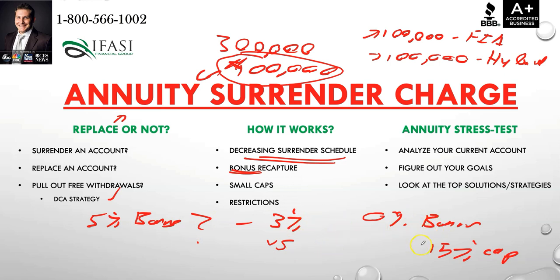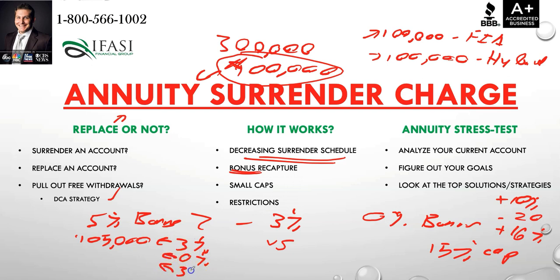Let's say you have identical indexes, and the index gains 10% the first year, then it loses 20% the second year, then it gains 16% the third year. Well, already in this example, if you threw 100,000 in there, you would have 105,000. You would gain 3% interest the first year, 0% interest the second year, 3% interest the third year. So if we include this 5% plus 3% plus 3%, that would be 11% total interest,